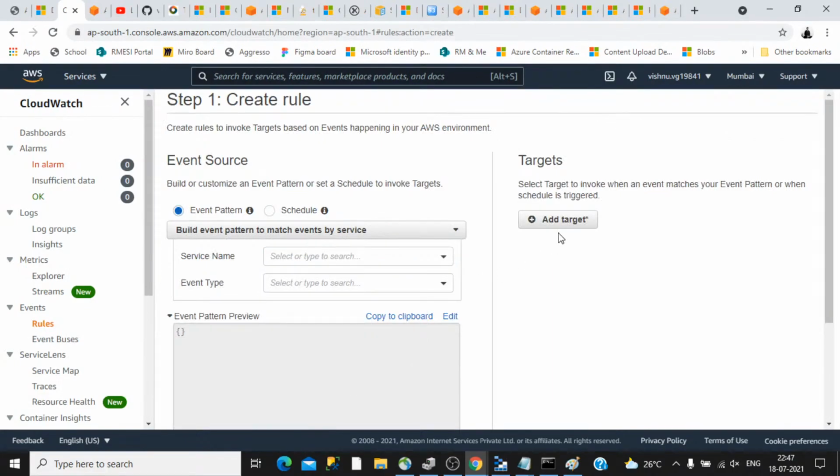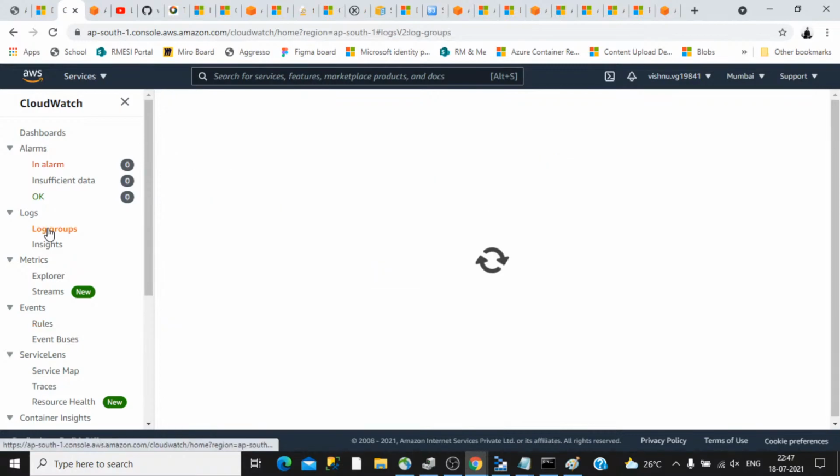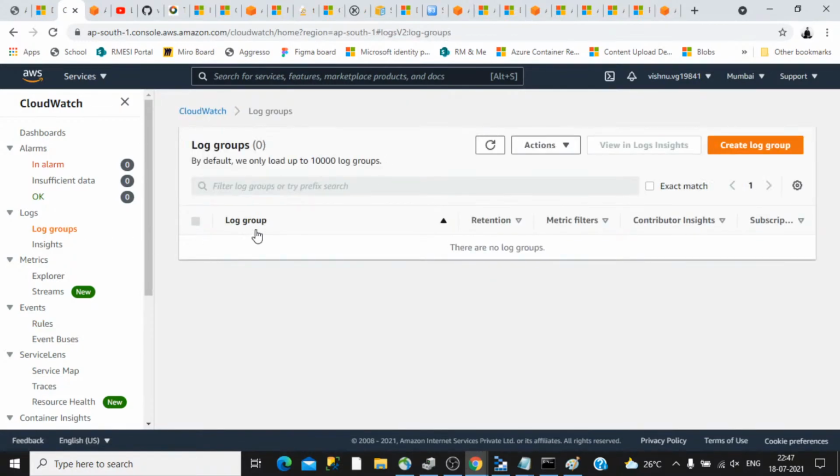You decide from which rule, and how it should trigger. In addition to that, it also provides different kinds of insights. Another thing is log groups, where you can aggregate your logs from a particular area, and you can manage and process them accordingly. So that's all about the different insights services, or we can call it log analysis, provided by Azure as well as Amazon. In the case of Azure, it's called Azure Monitor, and in Amazon it is called CloudWatch.